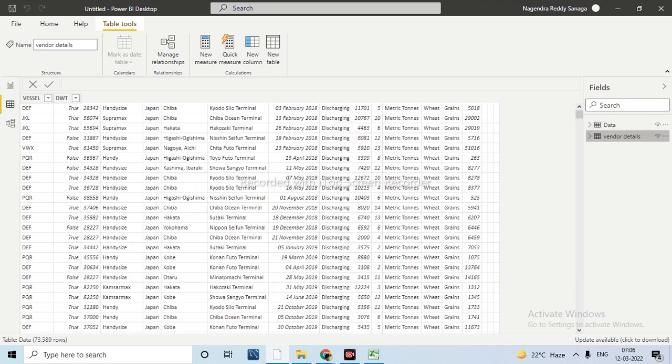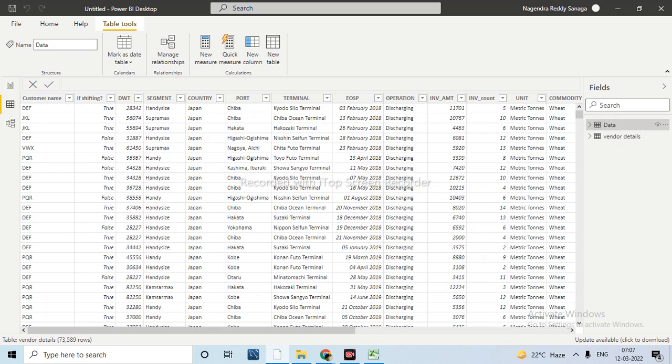I have loaded these two tables. Okay, and now we have the dates, right? Every time when we are working in real time, normally we will create a separate date table, to give the proper relationship. For example, if we see here, we have 3rd February, 13th February and so on. We don't have all the dates in this particular table because an order was not placed on that particular day.